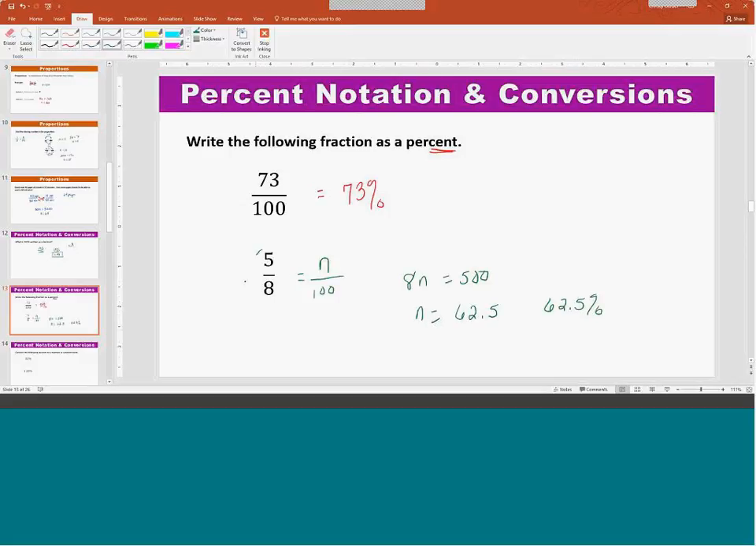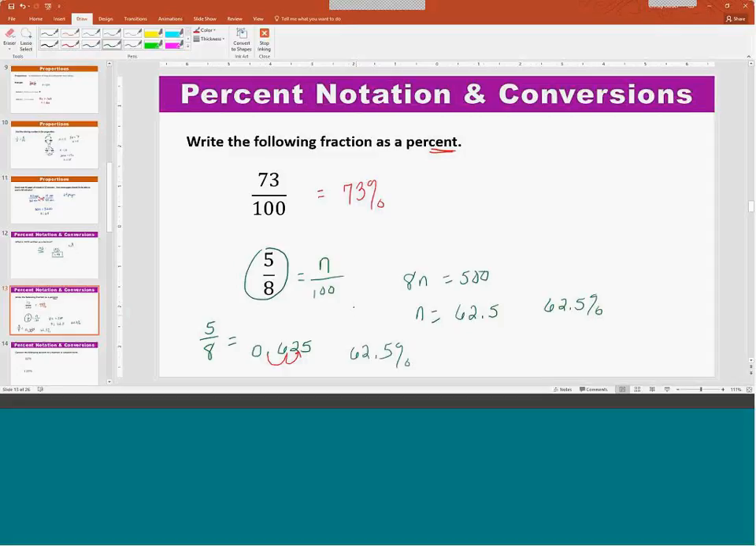Or we could just take 5/8 and divide 5 by 8 and change 5/8 into a decimal. 5/8 is the same thing as 0.625. And change a decimal into a percent. Remember, percent to decimal moved the decimal point 2 places to the left. To change a decimal to a percent, we move the decimal point 2 places to the right, giving us a bigger number. And so 0.625 becomes